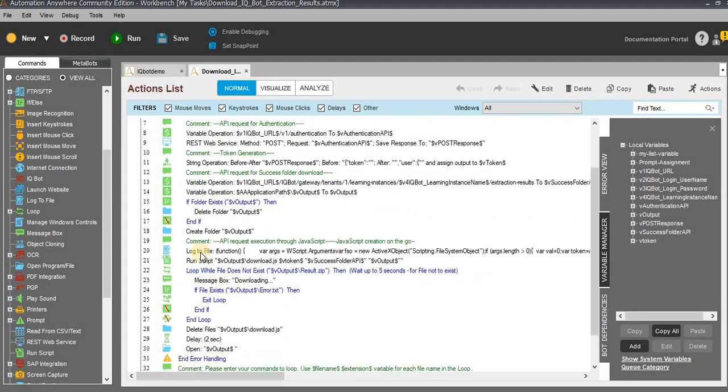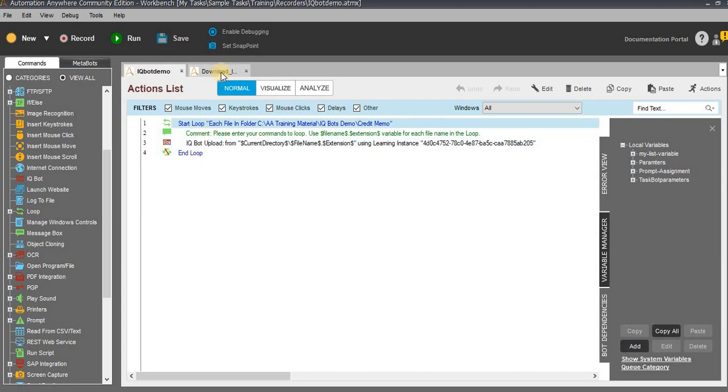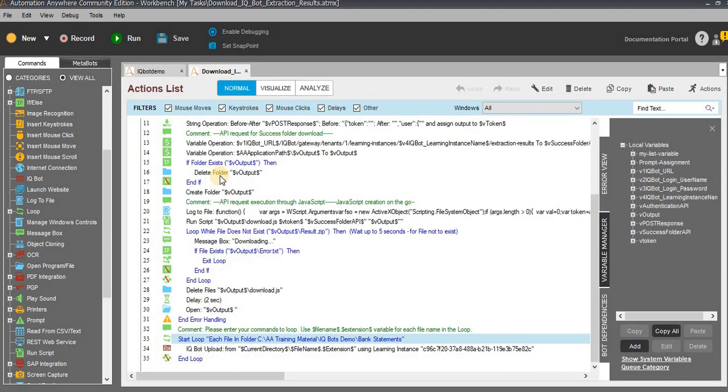These are all the already available commands. At the end of the line, I have pasted the queries which we wrote, these 4 lines, into this task. Before that, I have updated my URL, login, username, password, and so on.